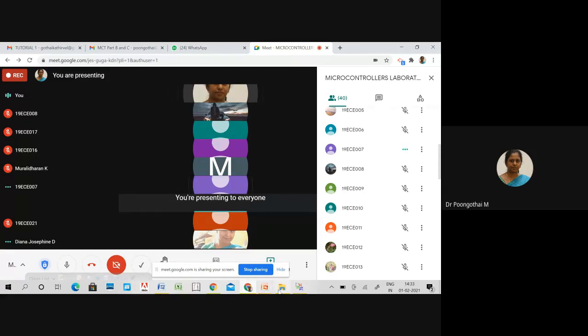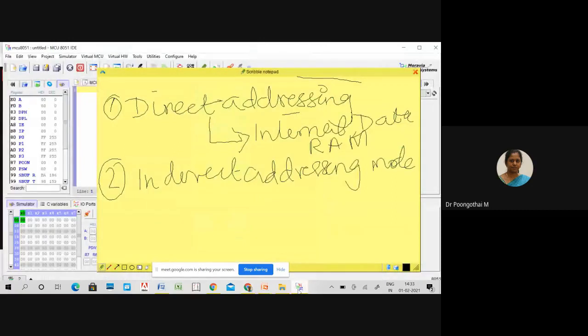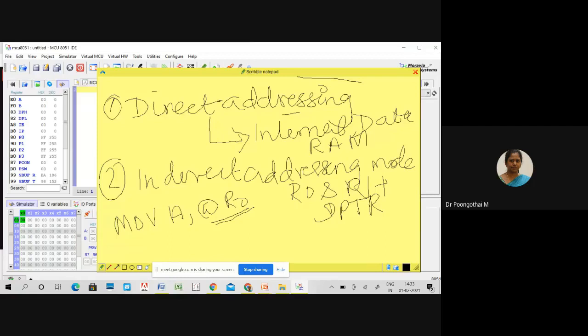And what is indirect addressing mode? Here we have to use two pointers, that is R0 and R1, plus your 16-bit pointer DPTR. Example, MOV A, @R0. Move the content of internal memory whose address is in R0 to the accumulator.